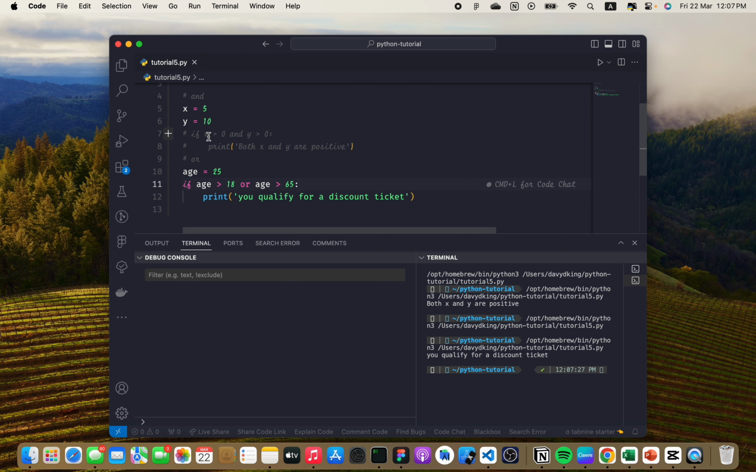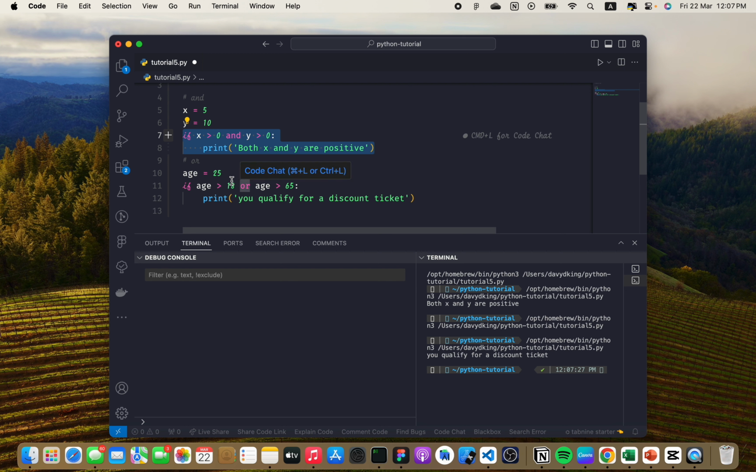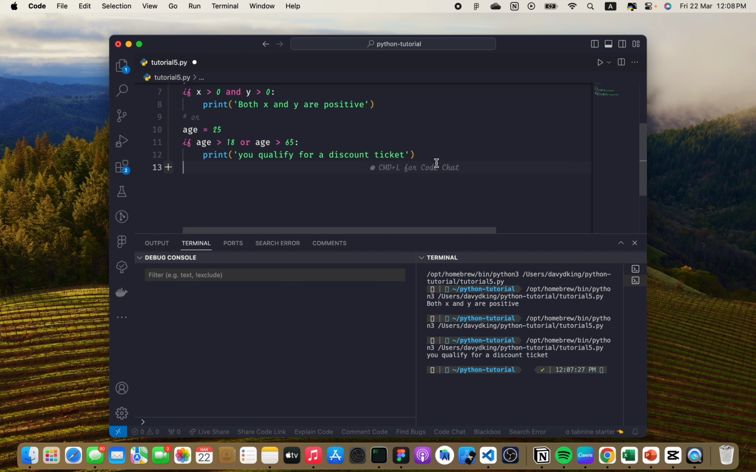And the way the AND works is, as long as the first one is true and the second one is true, then your final answer is going to be true. But if one is true and one is false, then your final answer is false. The only time the OR can be false is if both of them are false. So let's talk about the